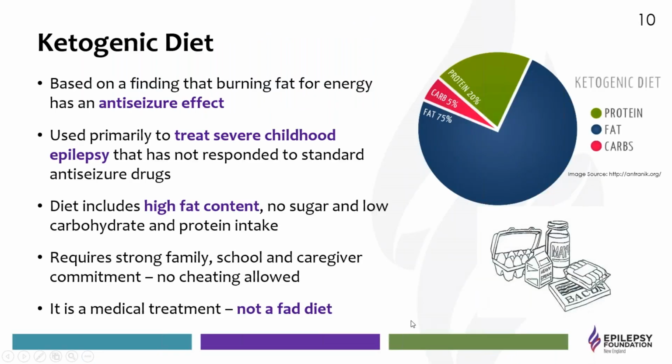Okay, moving on to the dietary therapies. So we see here the ketogenic diet. Now, years ago, originally, this was discovered in the 1920s. And it was discovered by doctors who were working over in third world countries. And they noticed that people going through periods of famine, the people living with epilepsy would stop having seizures when they were starving. And they said, wow, I wonder what's up with that.